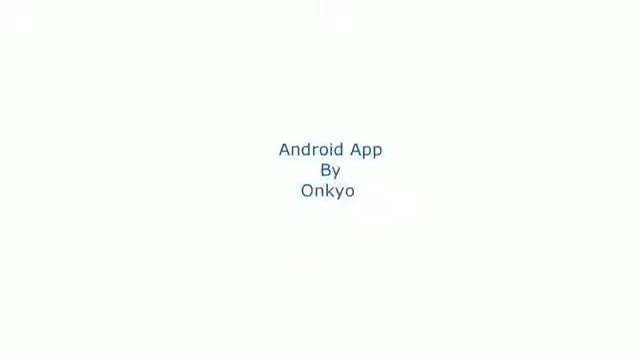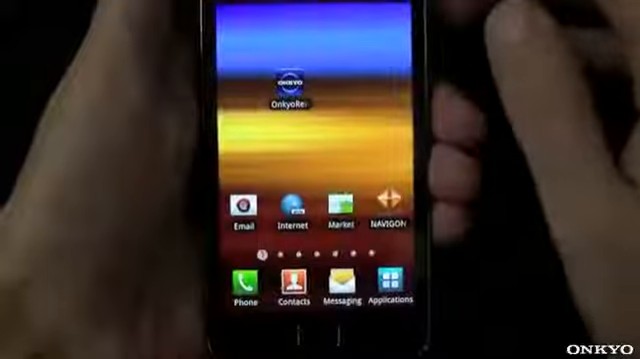Hi and welcome to Onkyo's new Android app. I'll be running through a lot of the features of the app and how you can actually control an Onkyo